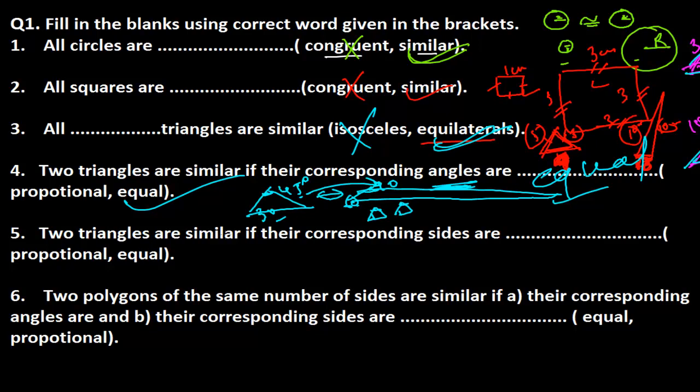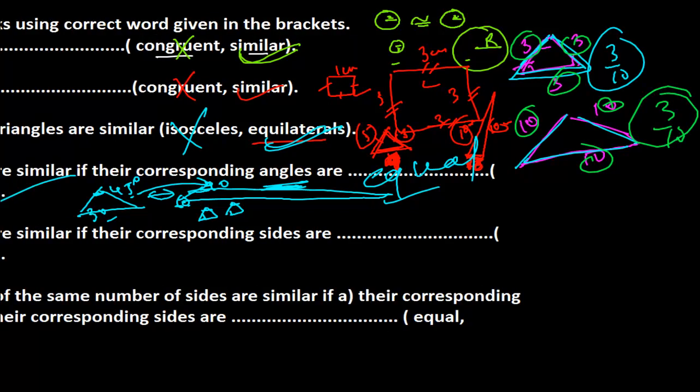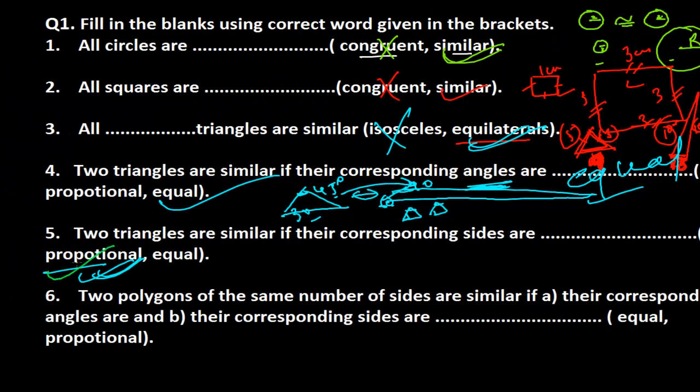And two triangles are similar if their corresponding sides are proportional, as we had learned initially. So triangles will be similar when their sides are proportional, as we did here. In this triangle, the sides were proportional. How? See here, the side was 3, another was 10, 3 and 10, everywhere the sides are proportional. You'll get the ratio 3 over 10. So that is why you can say that when the sides are proportional, the two triangles will be similar. Now if the sides are equal, then also it is,